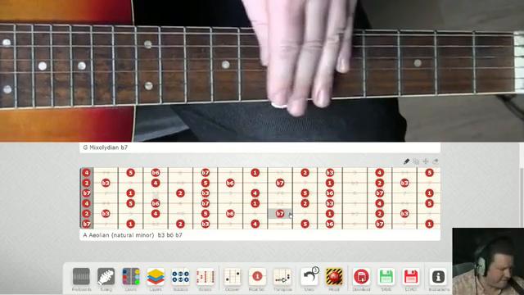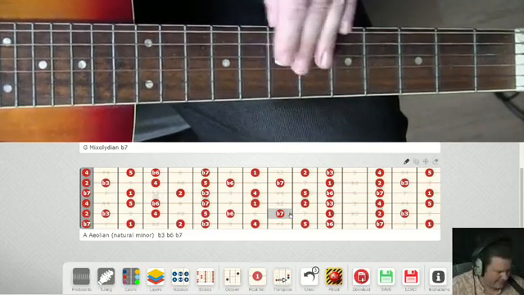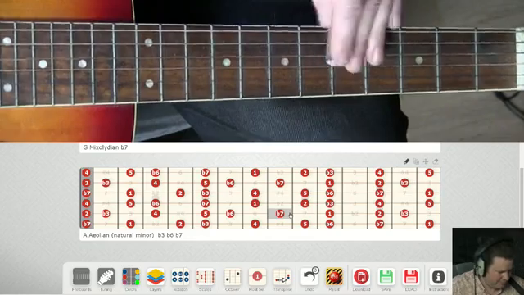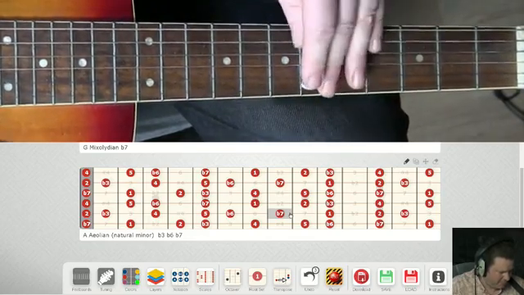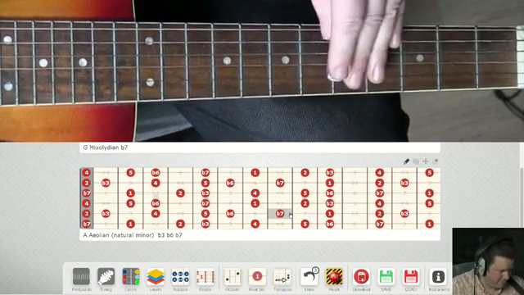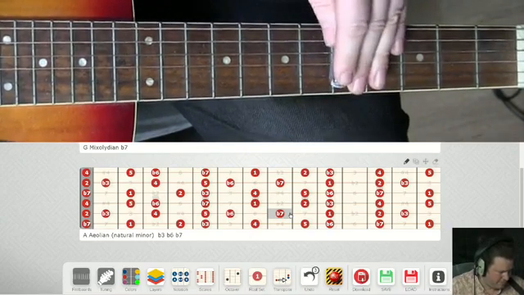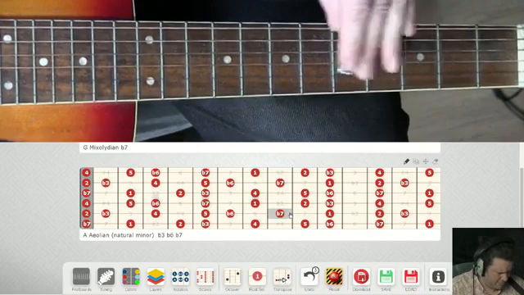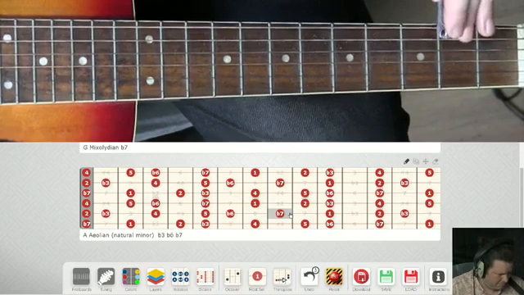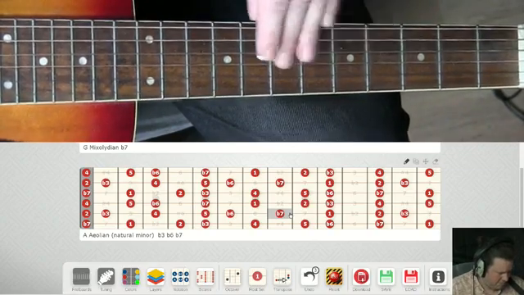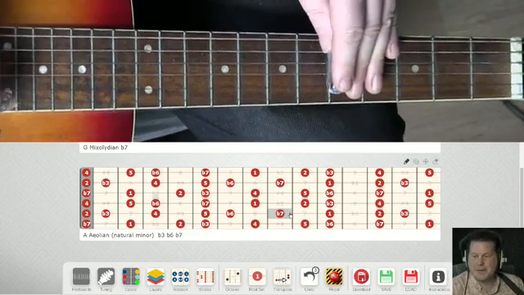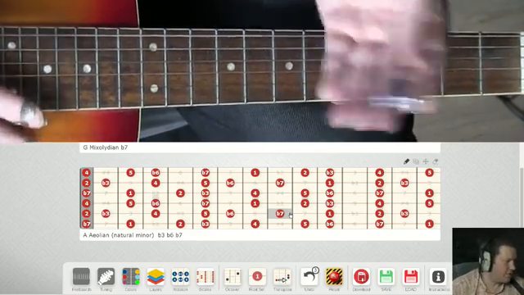There's 1, 3, 5, here's the F. Very much playing just up and down the scale there. So we'll move on there,